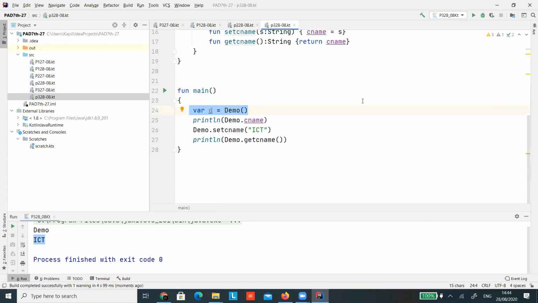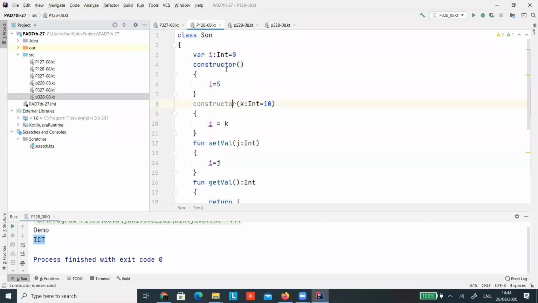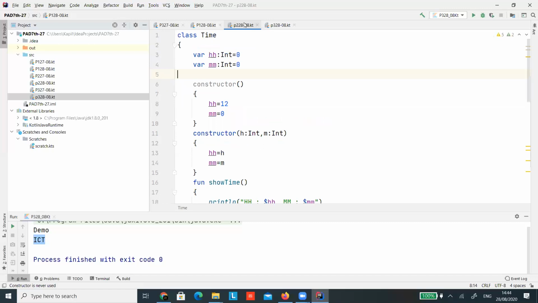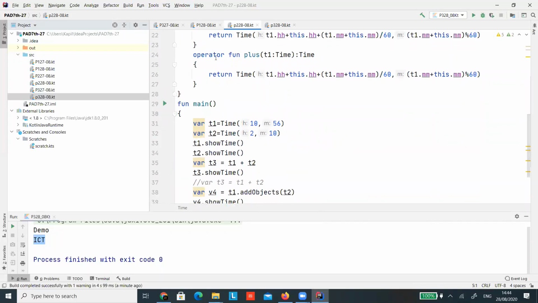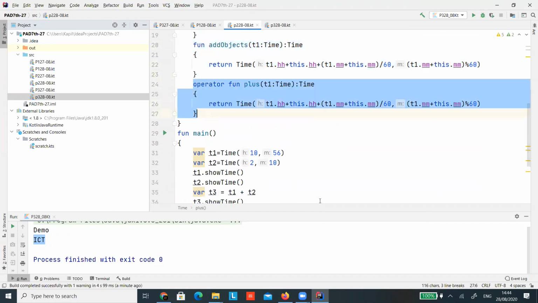Any doubt up till this? Let me summarize what we have discussed today. First, we started with constructor overloading. Then we understood the sequence of execution of constructors. Then we learned how to return an object from a function, and then operator overloading.